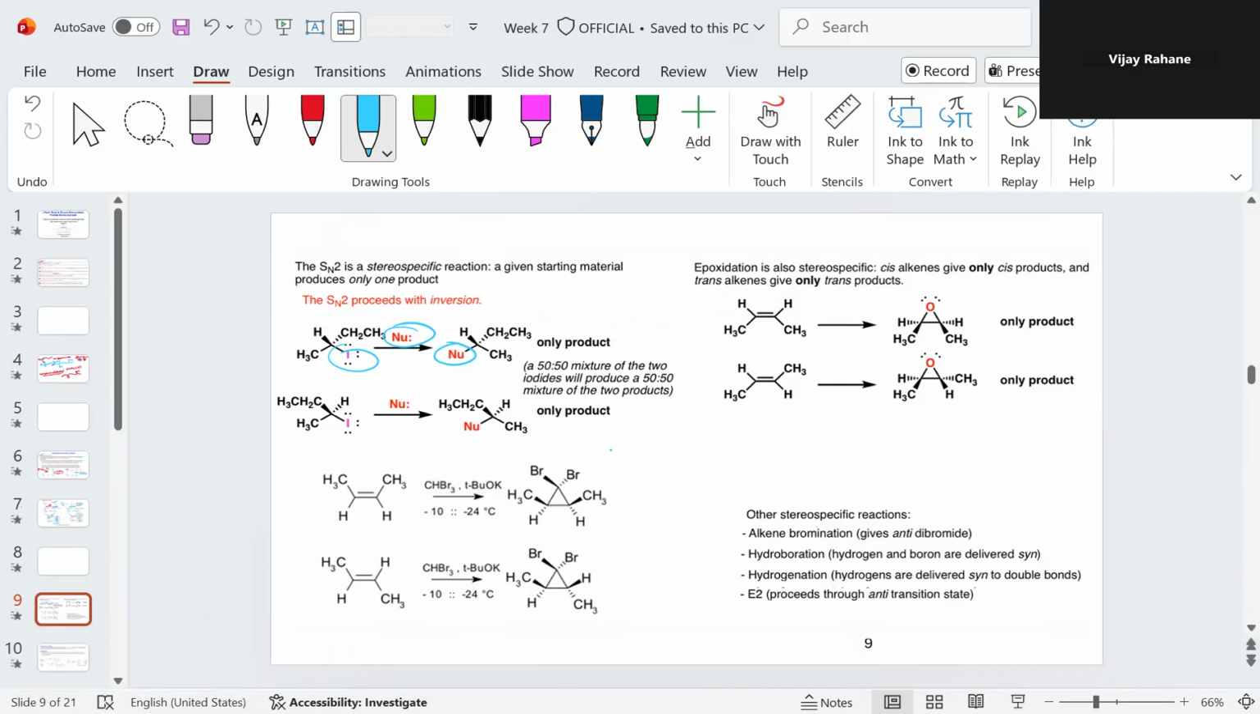And let's take another example. Take this example of CHBr3 and the influence of the tert-butoxide. So what does it produce? If you look at the structure of this reagent, CH, Br, Br, and this another Br. In the presence of this strong base, here the potassium tert-butoxide, it abstracts this proton, and we get this